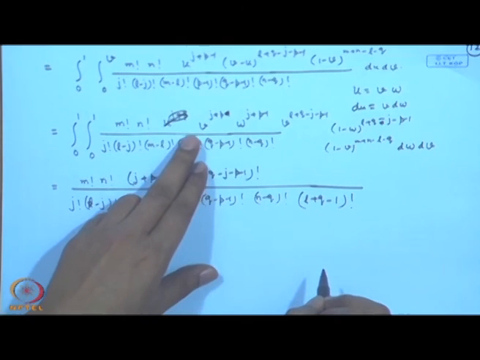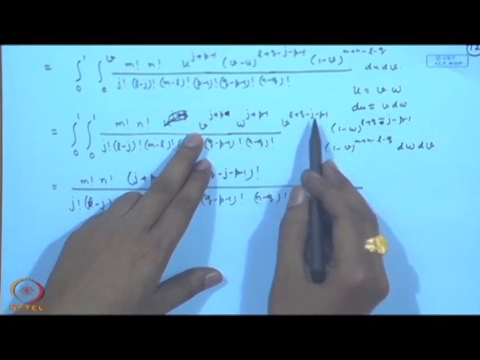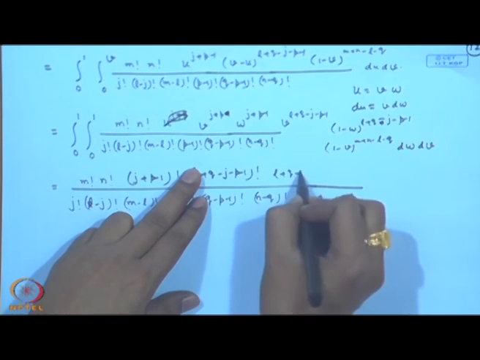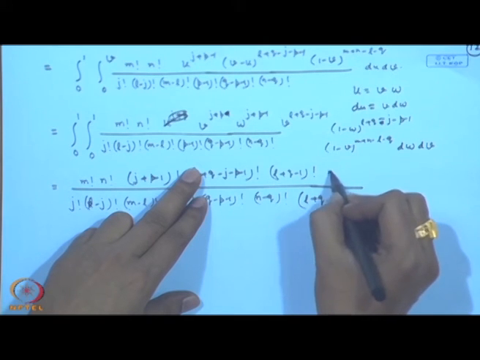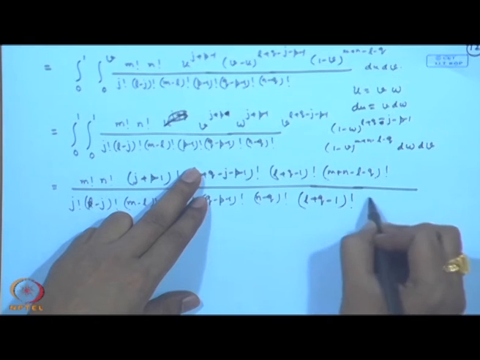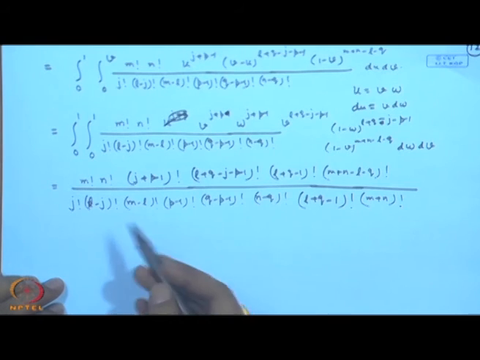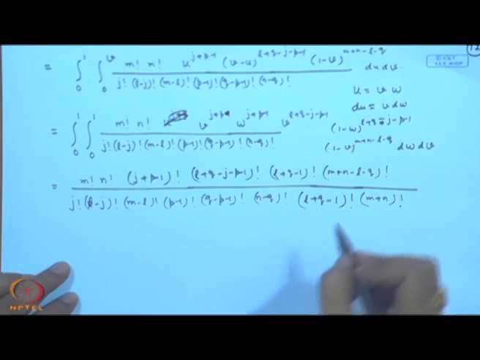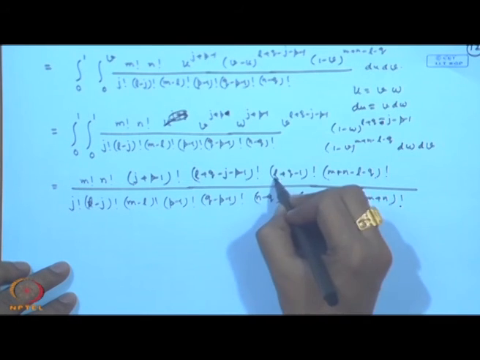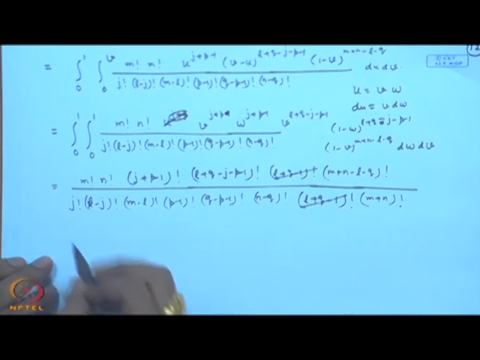And now, let us look at the powers of v and 1 minus v. So, for v it is l plus q minus 1. So, (l plus q minus 1) factorial, 1 minus v is m plus n minus l minus q. Then I will get (m plus n) factorial. So, here you can see some of the terms may get cancelled out. For example, I can see here (l plus q minus 1) factorial and (l plus q minus 1) factorial gets cancelled out here, and the other terms we adjust here.